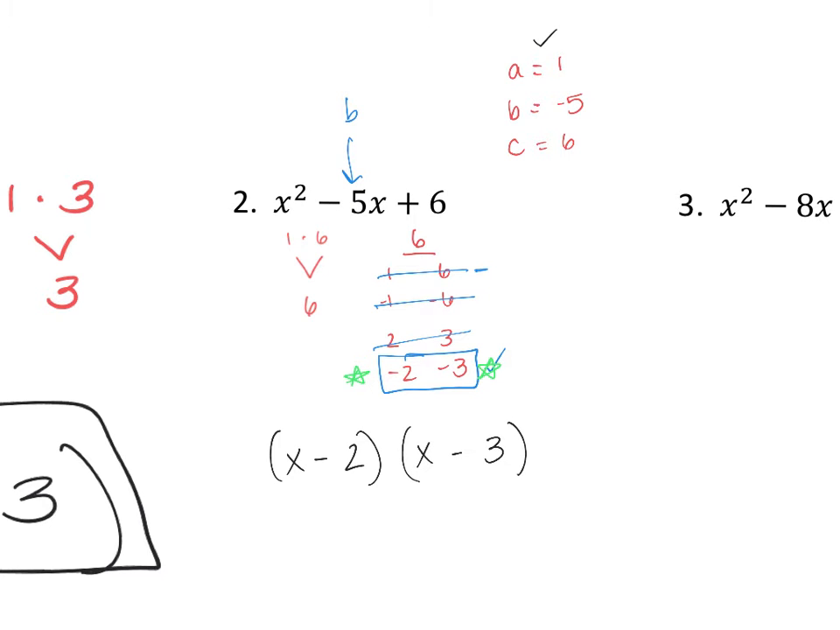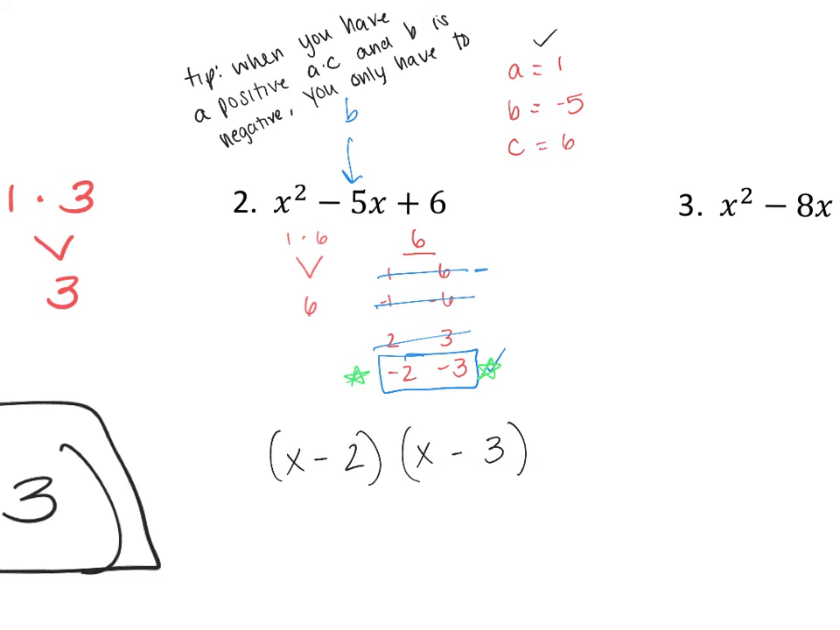Okay? Now, what's important about this one is this is a little tip. So, tip, you could write this down. When you have a positive A times C and B is negative, you only have to write